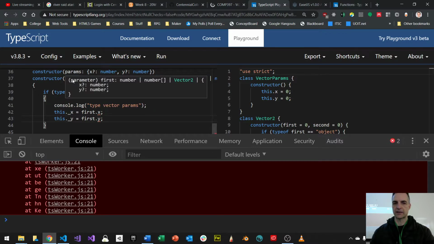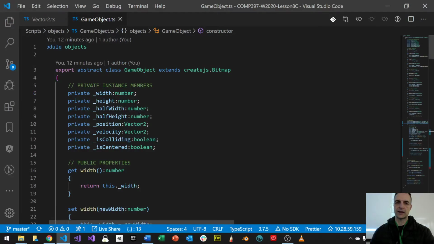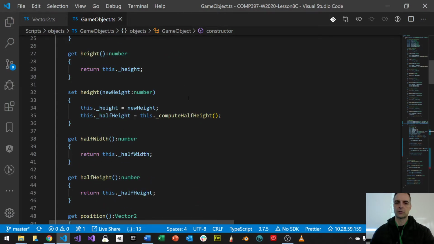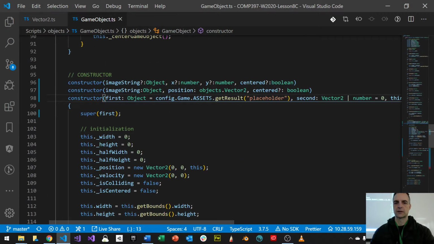I mean, I can get the value. It can see that I can get a number or an object of type with X and Y, but there's no way of checking this. So just pointing it out there. So that is where we have limitations when it comes to what we're doing here in our game object superclass. We can do this, no problem, but I can't give it an array of stuff unless I define some kind of parameter list, and then I need to do something with that parameter list, and there's nothing I can do here in TypeScript without giving me an error, right? Now, at least not defined in the